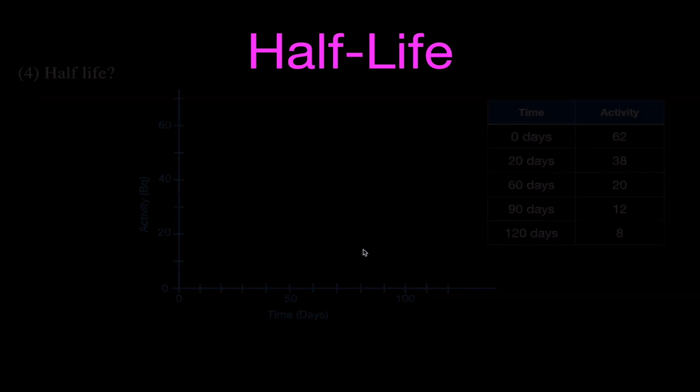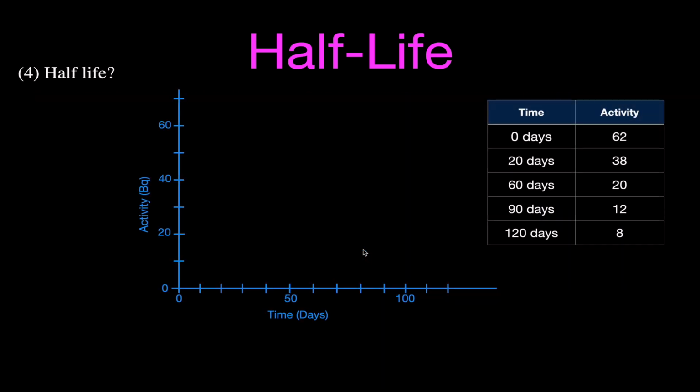Okay, now we can go on to example number 4, and this is another example where we're going to be using a graph to determine the half-life. First, we have to plot the data we've been given over here. This is the time, and this is the activity that was measured at each of these time periods from 0 to 120 days. When we start at the beginning, we have an activity that is 62. That's like our time equals 0, so we put a dot there. Data point for 62. You can see on the y-axis here we have activity, and on the x-axis we have